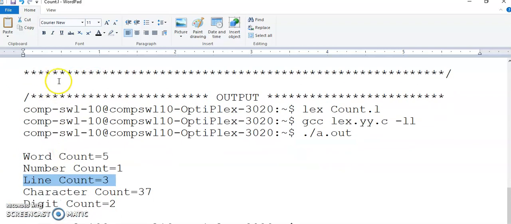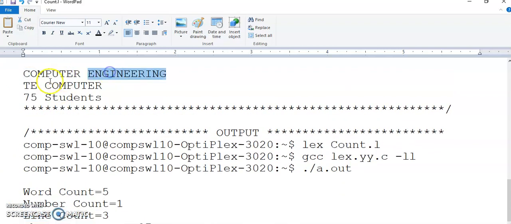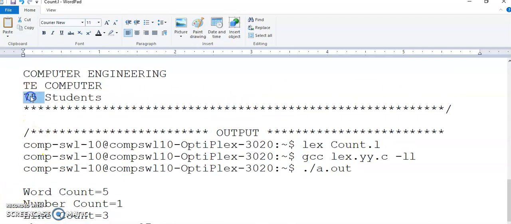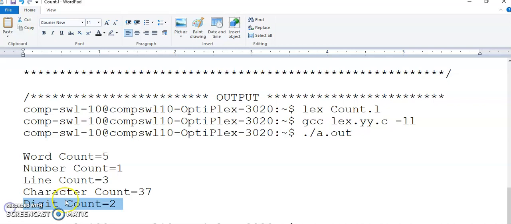Then the characters in these 5 words are counted, and this is the character count, and digits in this word are counted. There are 2 digits, so digit count is 2. Like this, our program has counted the words, numbers and lines as well as characters and digits in the program.